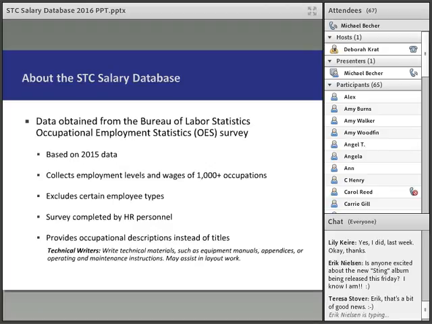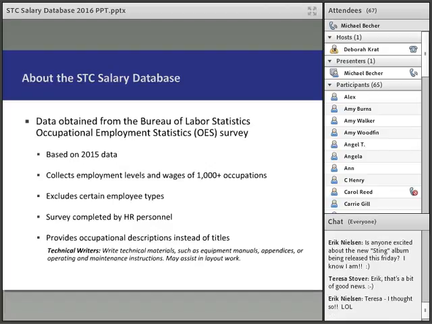They use the word occupations rather than job title because there's a lot of ambiguity with the term job title. If somebody is a director of whatever at one company, they might not be doing the same things that a director of whatever is doing at another company. So instead, they use these occupational descriptions, which really allows people to hone in on what that profession actually is. It gives a description of who this person is and makes for a more accurate gauge of employment and wage trends.